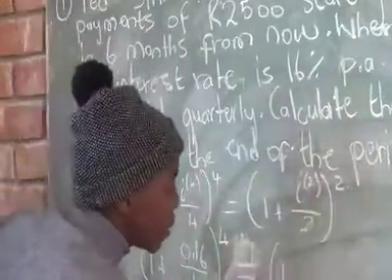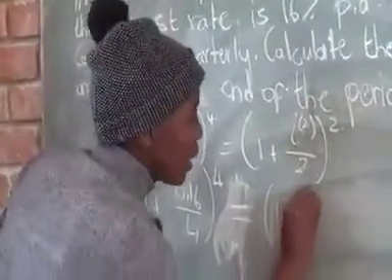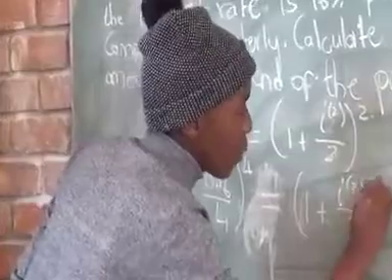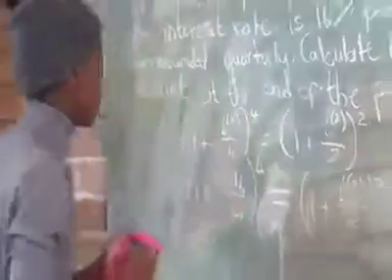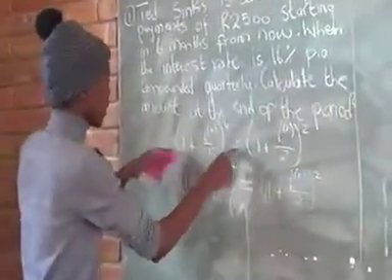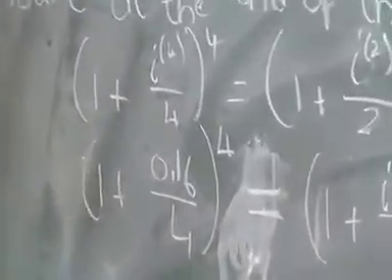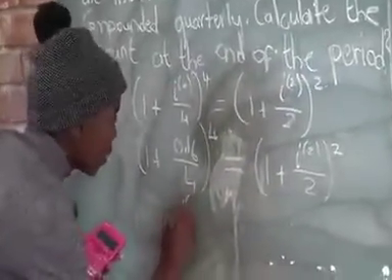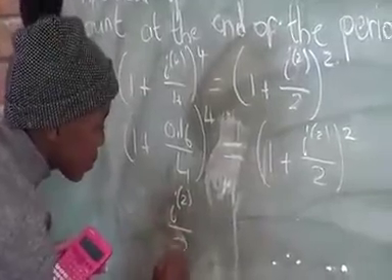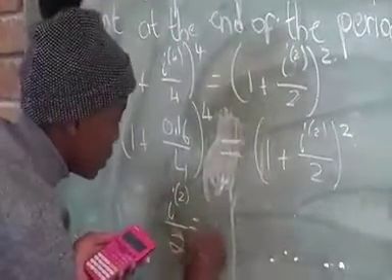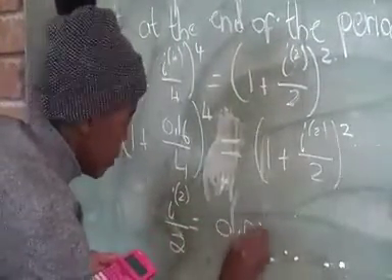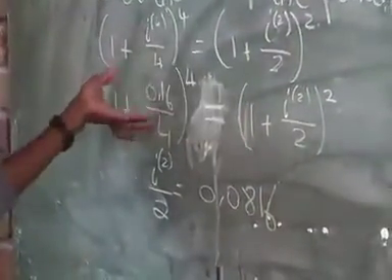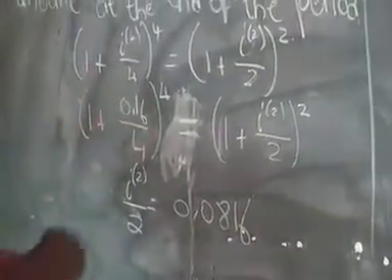So here, this is what we're trying to actually find. We're trying to find the interest rate that we must work with so that we can be able to solve this problem. So let me just plug this into my calculator so that I can calculate. This is what I end up with after making all the necessary calculations: 1.0816. I just plugged this into my calculator, and then the value that I got here,